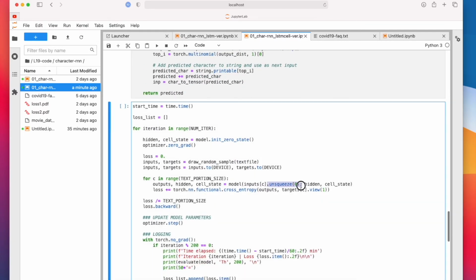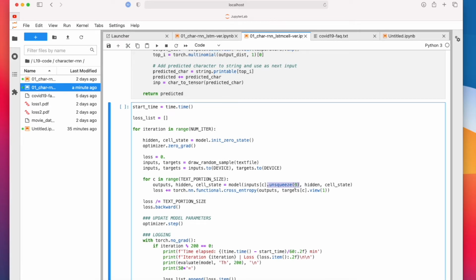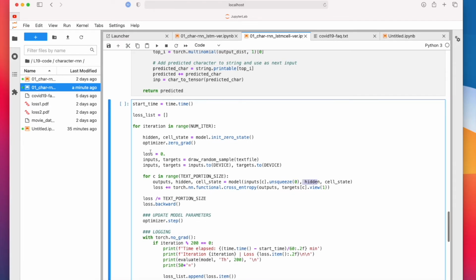So we are doing unsqueeze, adding an empty dimension. We provide the hidden state from here, the cell state from here, these initial cell states. In the first round, these will be the initial ones, but then we are also outputting them, right? So it will feed right back. In the next iteration, these will be used from the previous iteration.